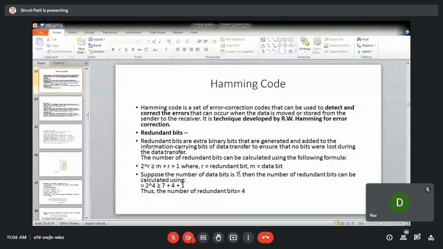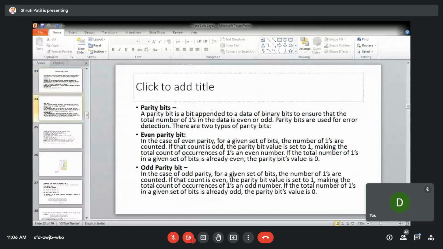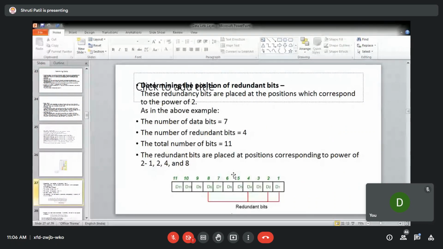And we are assuming that there are 7 data bits. So the total length of the entire data to be transmitted is 7 plus 4, which is 11. Now out of these 11 bits, what is the position of redundant bits? Redundant bits will be added at the corresponding power positions of 2. Power positions of 2 means 4 bits.